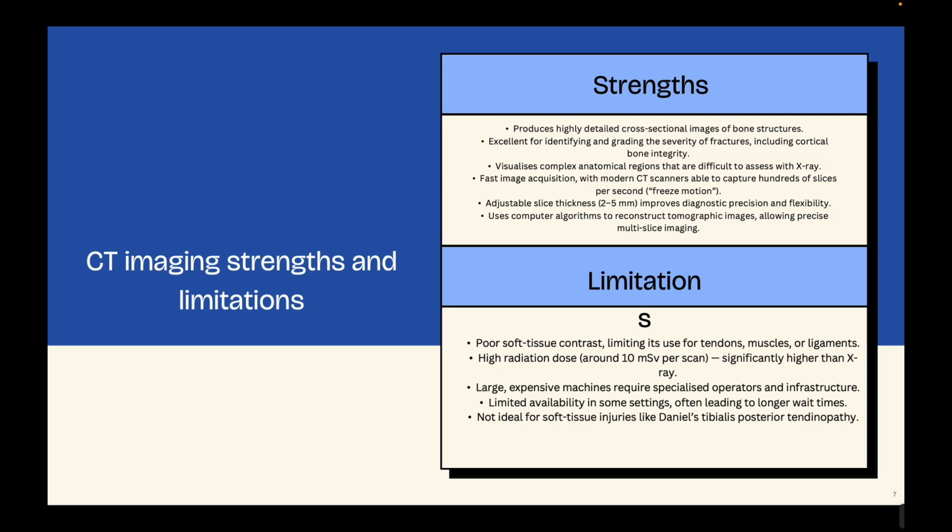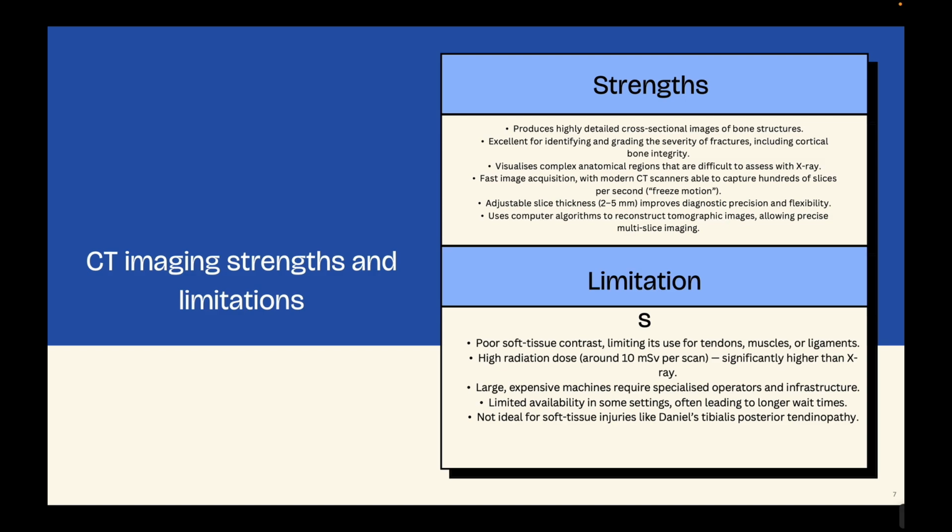they can capture rapidly moving structures such as the heart by acquiring hundreds of image slices per second. Furthermore, CT settings can be adjusted to produce thin or thicker slices, typically around 2 to 5 millimeters, depending on the region of interest, improving flexibility with diagnostic precision. Despite these advantages,